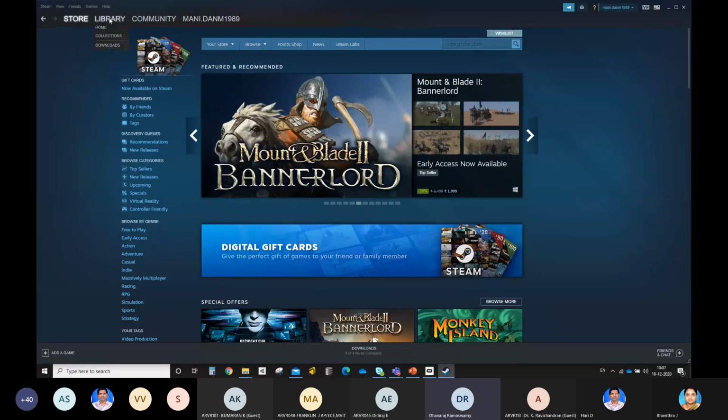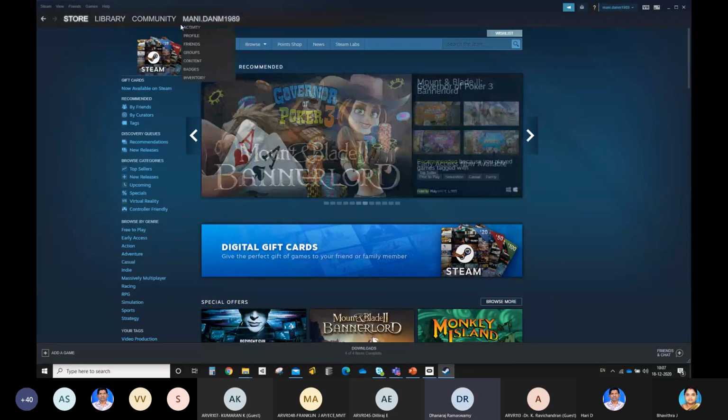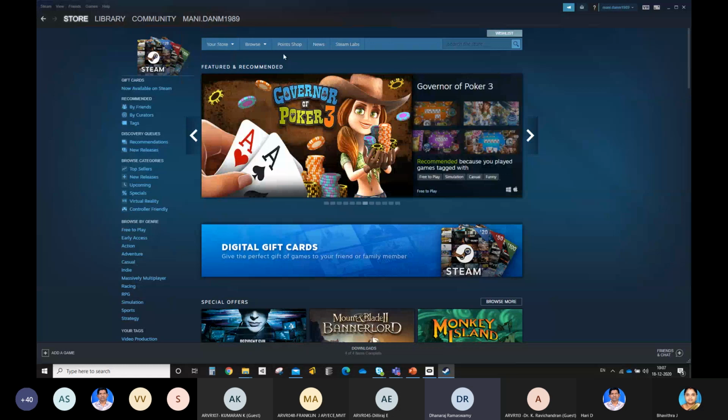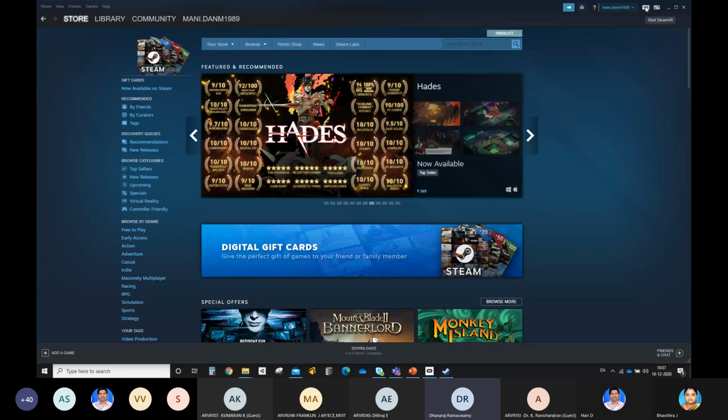These also have different libraries and communities, and our download lists are separated here. Now we are going to start a simple demo with my project.